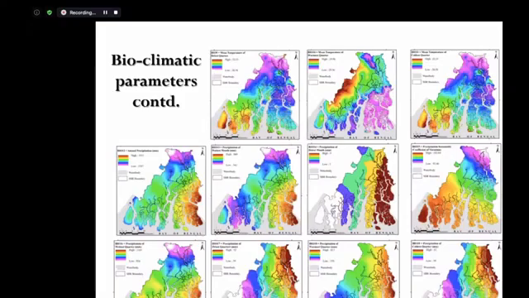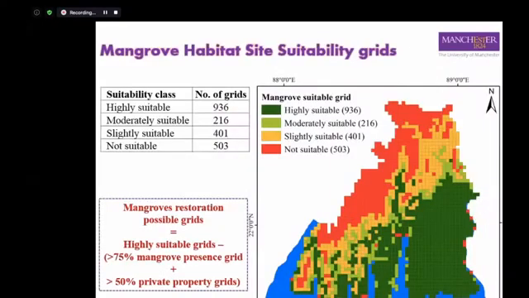This is the high-profile model to assess habitat suitability, called a species distribution model, and I have assessed this. I have divided this 2060 grid into highly suitable, not suitable, slightly suitable, and moderately suitable. And I found that 936 grids within the Sundarban are highly suitable for mangrove, for several kinds of mangrove species, and